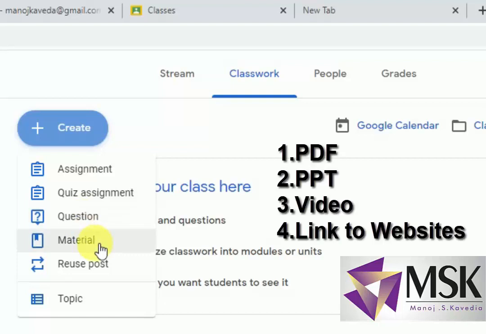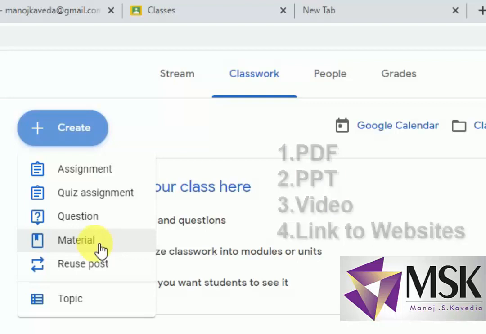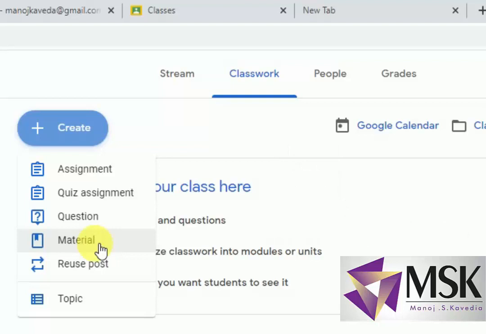These are the materials. Now these materials can be in the format of PPT, notes in the format of PDF, images, or videos also. These videos can be uploaded from your hard disk, uploaded from Google Drive, or you can even give the link of the sites from where you want the student to see these videos. Fine, I hope this much is clear.